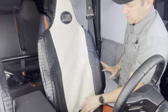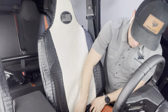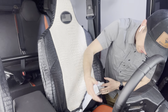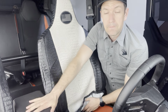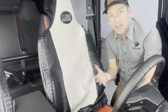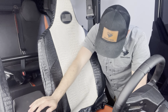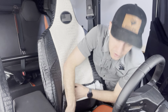That always helps. All right, so how Polaris designed this seat is a little trickier than how they've done it on other seats. This backrest is connected to this bracket right here, and there's no access to the back side. So instead of doing straps or Velcro that you can connect up, this is how it's been designed. And so there's this elastic right here. And what you can do is you can pull up on,